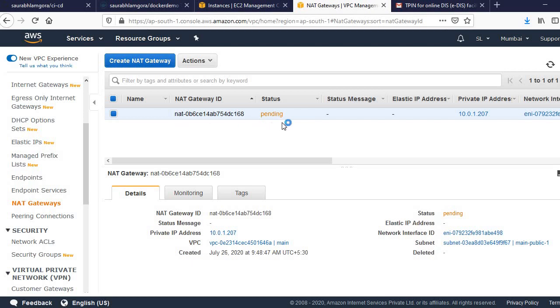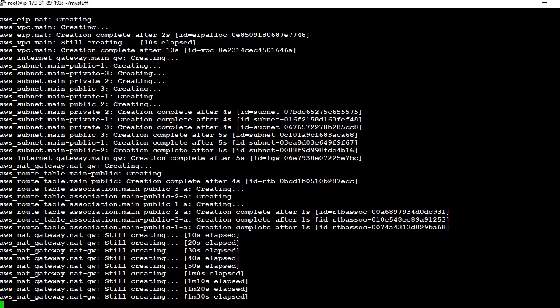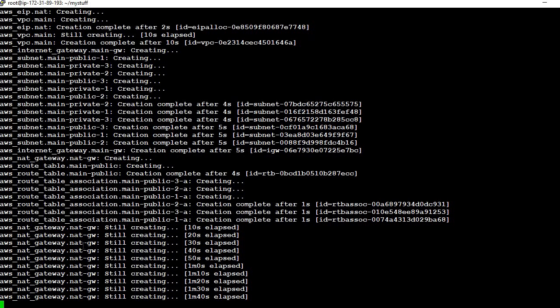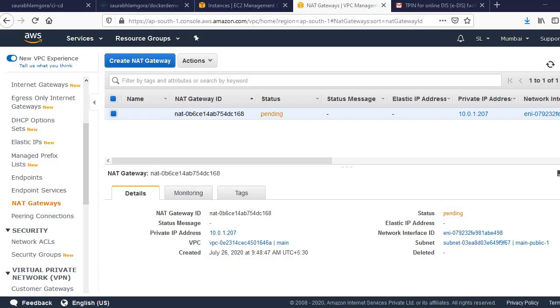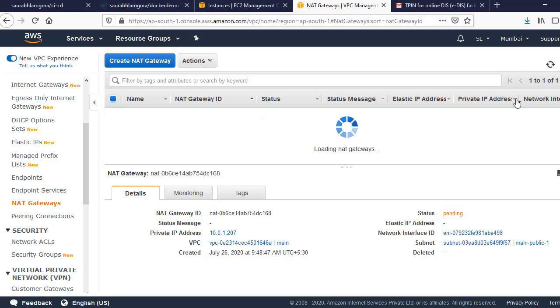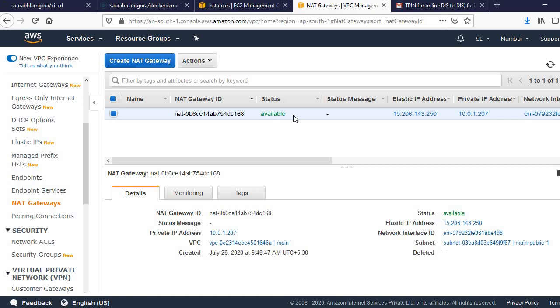Now the NAT gateway is getting created. It's pending in state. Just wait for a few minutes. Yeah, you can see the NAT gateway creation complete. Just refresh it. Yeah, you can see that it is available now.